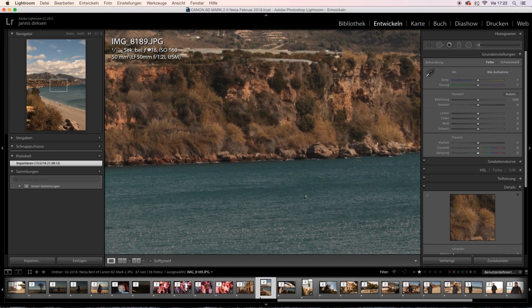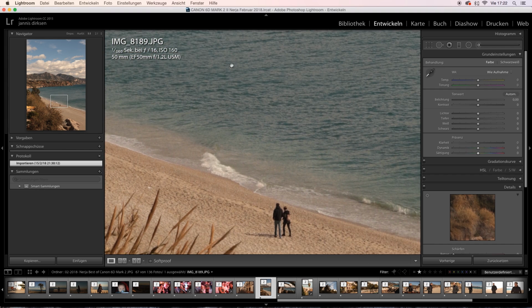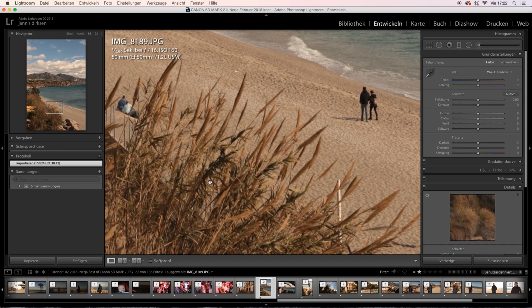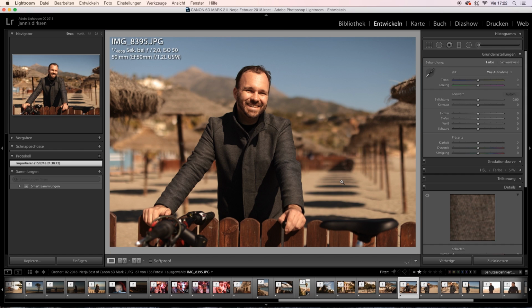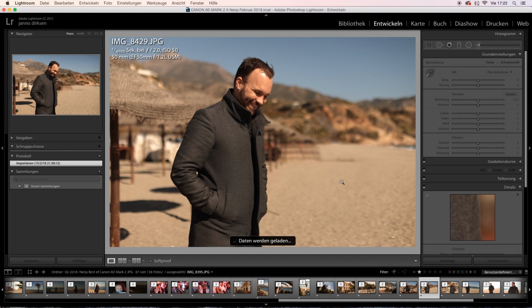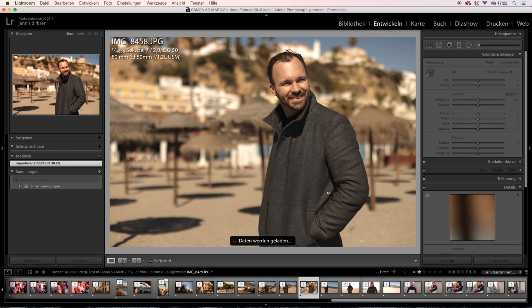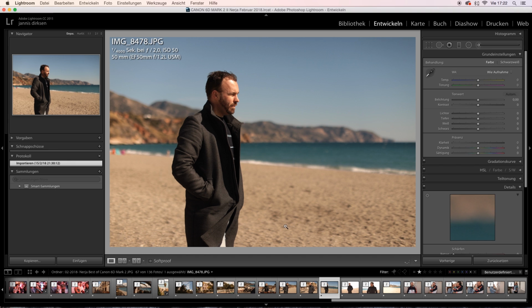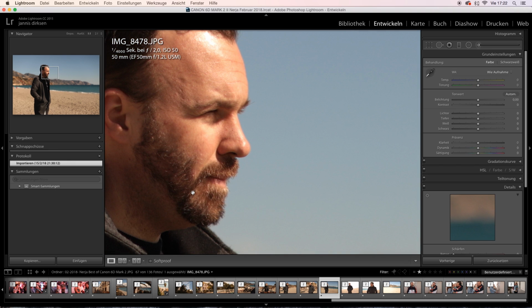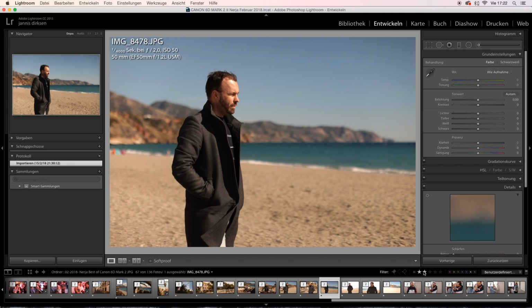Here f16. I just wanted to see how sharp it actually can get. And now in a moment, let's take a look at the edited images. Now this is all unedited JPEG straight from the camera. And now let's take a look at the images, how I edited them. Now I don't think these images have to be edited. I can leave them as they are, but I just